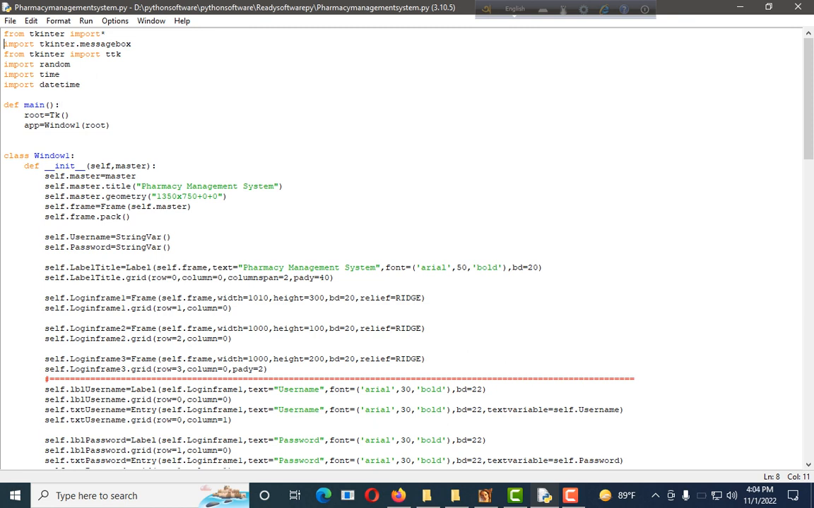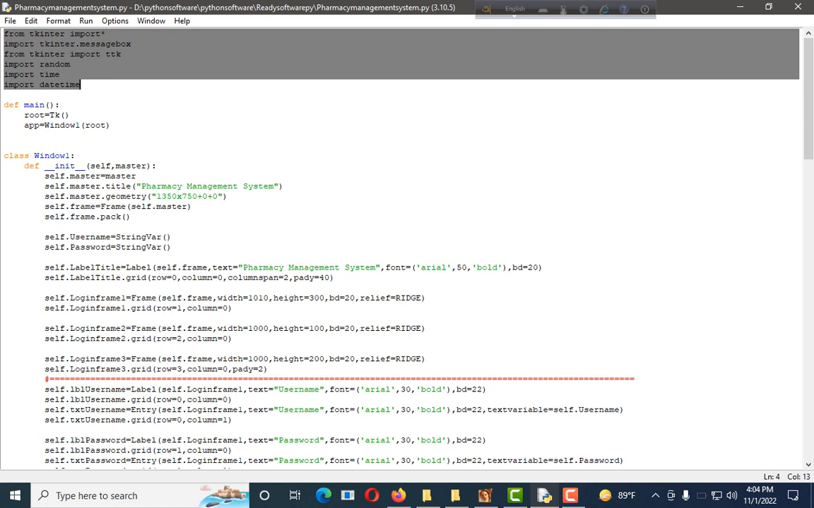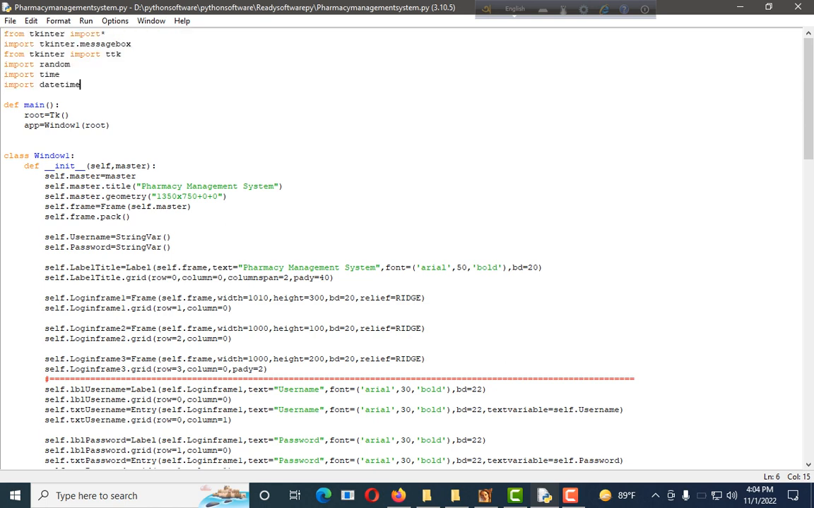Here are the definitions: import tkinter, from tkinter import messagebox, import ttk, import random, import time, import date time. Main function definition, function keyword def. root equal to Tk, function app equal to Window1 root, the app name Window1, class Window1, and